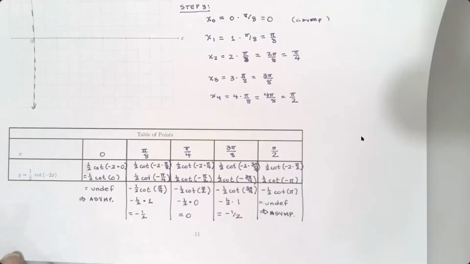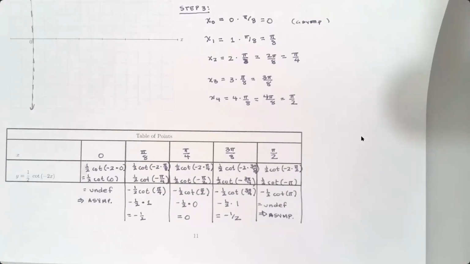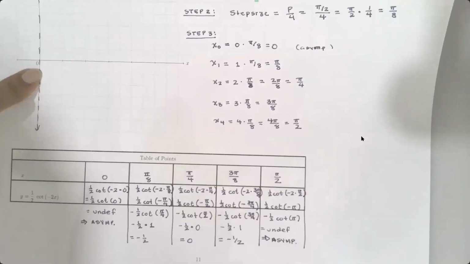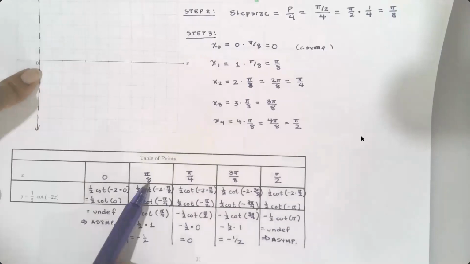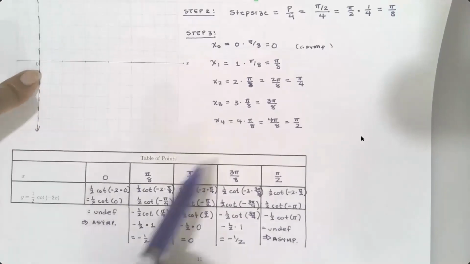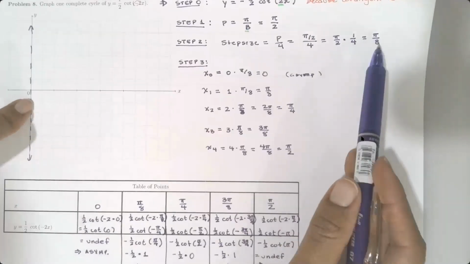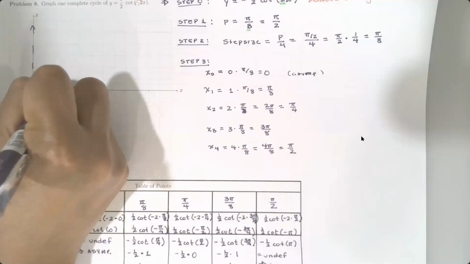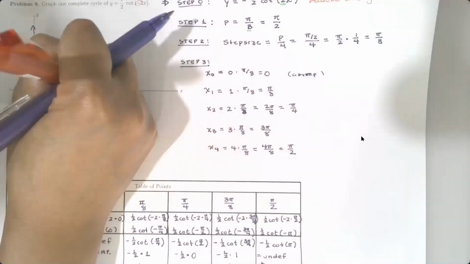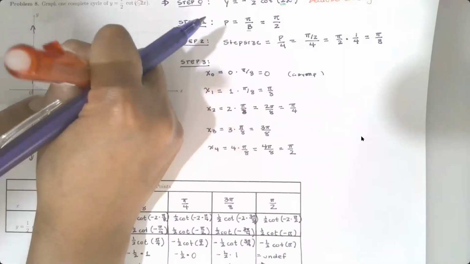All right. So let's label the tick marks now. Coming back to the x-axis, the smallest unit is pi over 8. So I'm going to go up in the step size of pi over 8. This is 1 pi over 8. This would be 2 pi over 8,